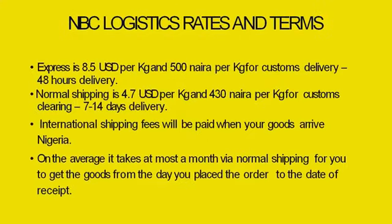So this is just a breakdown of MBC Logistics' charges or their rate. If you are going for express, it's 8.5 US dollars per kg, then 500 naira for custom, and the delivery is very fast, within 48 hours. 48 hours in the sense that after you might have submitted